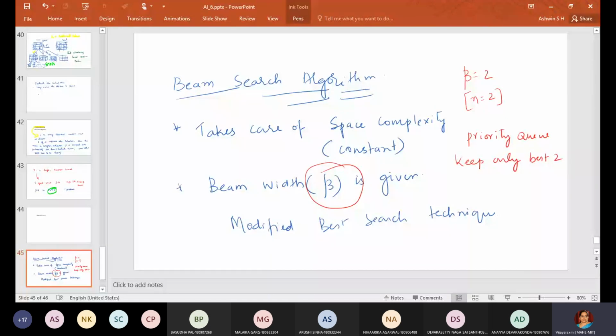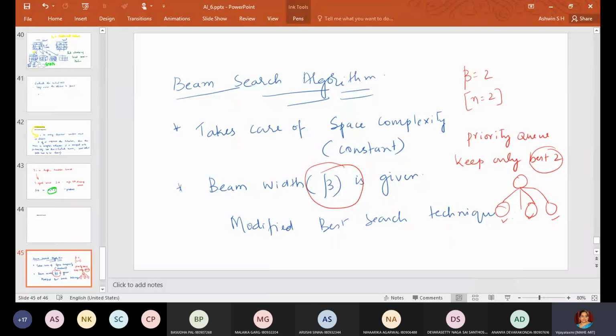If you remember the best search algorithm, when we expand the nodes, we get some, say for example, we get 3. You know that the straight line distance also will be given. Based on the straight line distance, you will get three nodes. Out of these, this one is the best, then this one, something like this. You do the sorting and analyze it. So here, in case of best search algorithm, in the queue, you will place all these nodes. But here it is not so. It is just keeping only the best two.